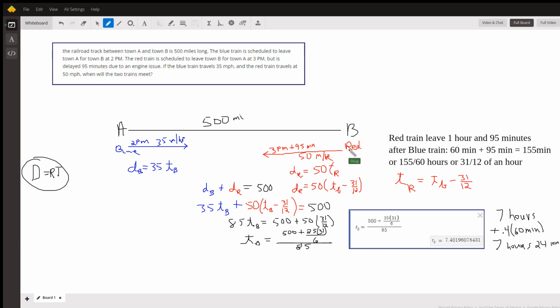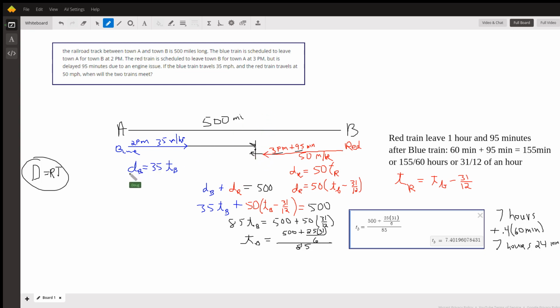And here's the red train leaving at supposedly 3 p.m., but with a 95-minute delay. It's really 3 p.m. plus an hour and 35 minutes later, but traveling at 50 miles per hour. Okay. And hopefully these trains really aren't going to meet. They're going to pass each other at some point in time, and we want to know how long it is before they would have met if they were on the same